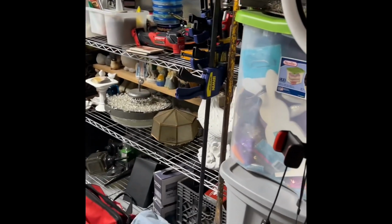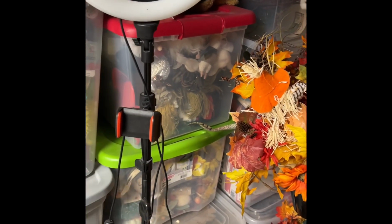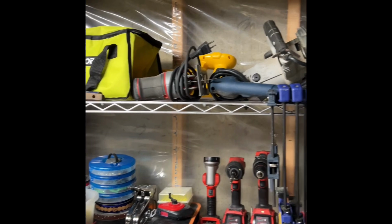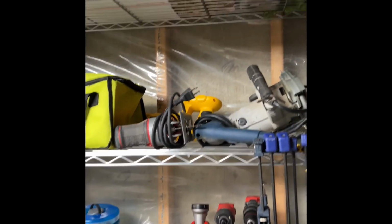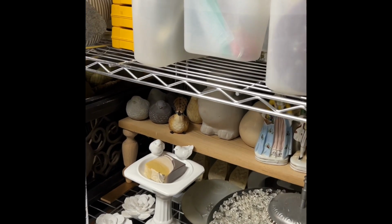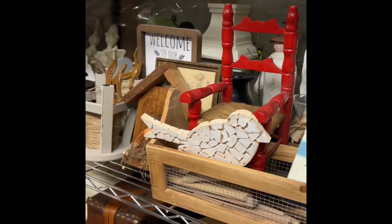Then we move into here. Those are Easter craft supplies. I've got Christmas and fall all over here in the corner. But these shelves here are my tools. That's Easter stuff that is going to come out soon. But these are all items that I'm going to upcycle and flip, and that's what all of these shelves are. And I kind of sorted it from wood items here,